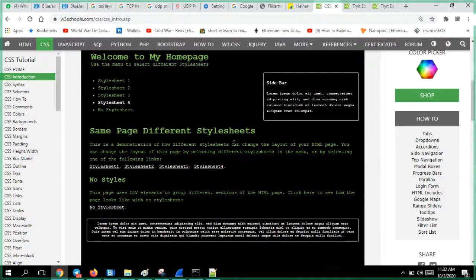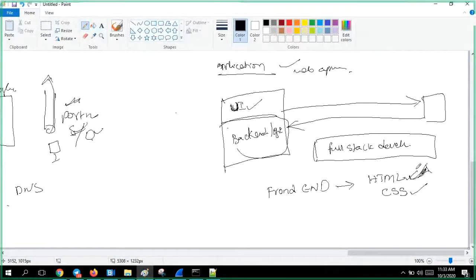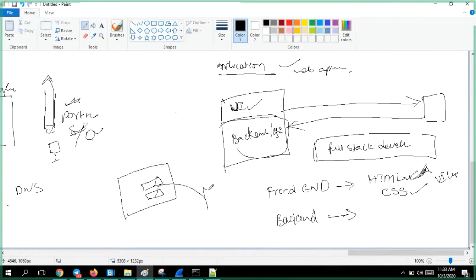This will be the UI developers' task. UI developers will be talking. This is called front end. Now you have the back end. Now what is meant by back end? You have a front end. You enter the username and password here, and this username and password went to the server, and it has verified you are the correct person.